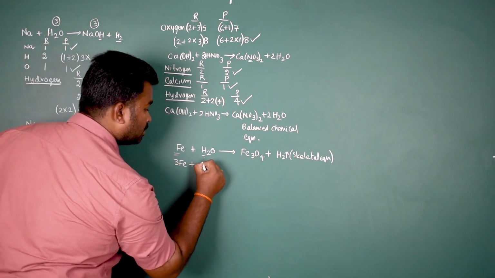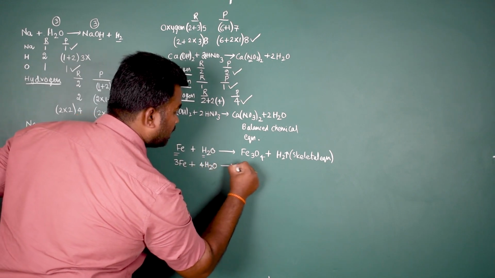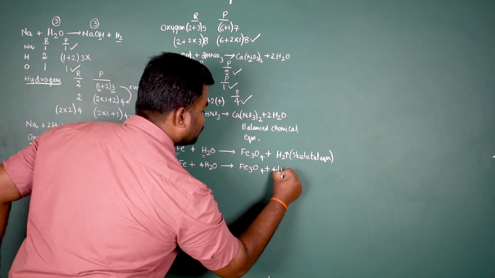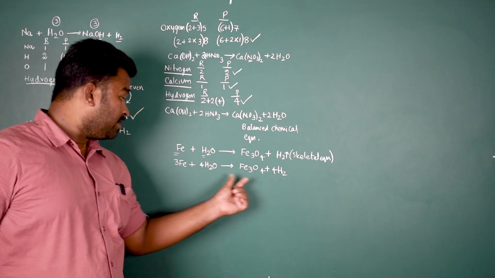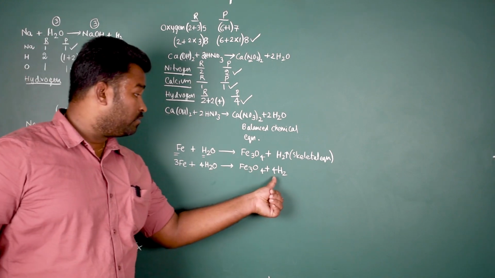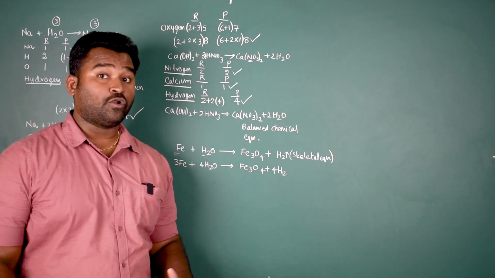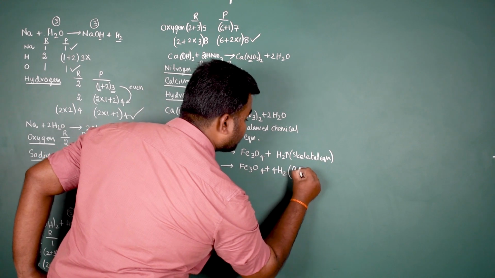3Fe plus 4H2O forming Fe3O4 plus 4H2. Here 3 iron, here also 3 iron, 4 2s are 8 hydrogens, 4 2s are 8 hydrogens, 4 oxygens, here also 1 into 4, 4 oxygens. Whereas this is a balanced